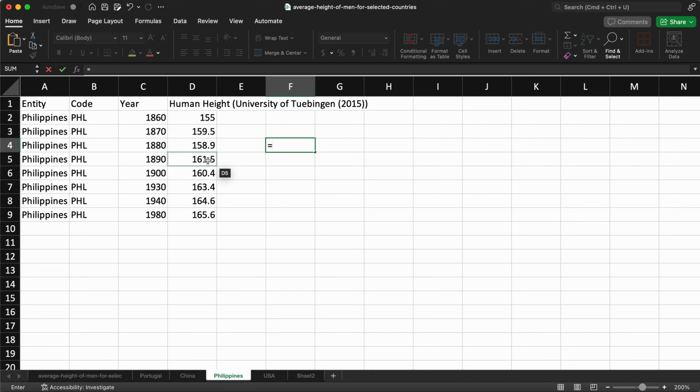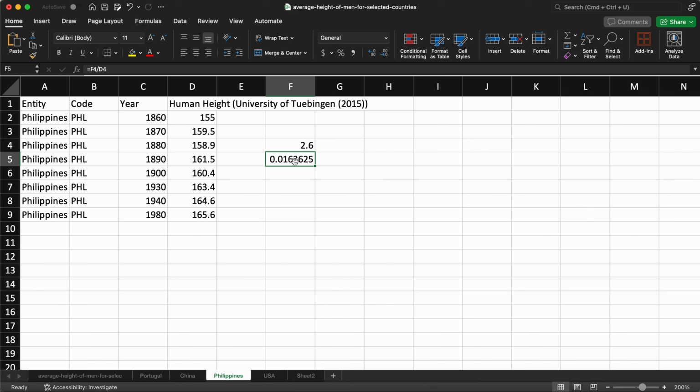So equals, and then we can take 1890's height and subtract it from 1880's height to get the difference. To get the percent change of something, you take the difference and divide it by your starting value, which is the 1880 height. Click enter, and our answer is